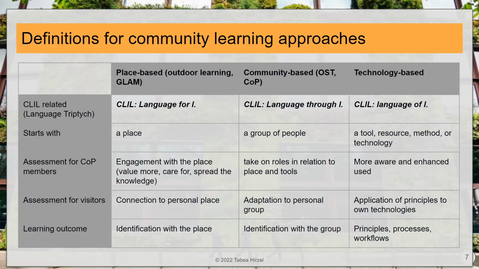Community-based, very typical is, for example, the communities of practice or the open space technology. I will not go into more details. And technology-based, this is probably the one that is least addressed, and we might see that more in the future. I'm not thinking so much about using IT. When we think about technology nowadays, we think about IT. I think about technology in a broader sense, starting from making fire.